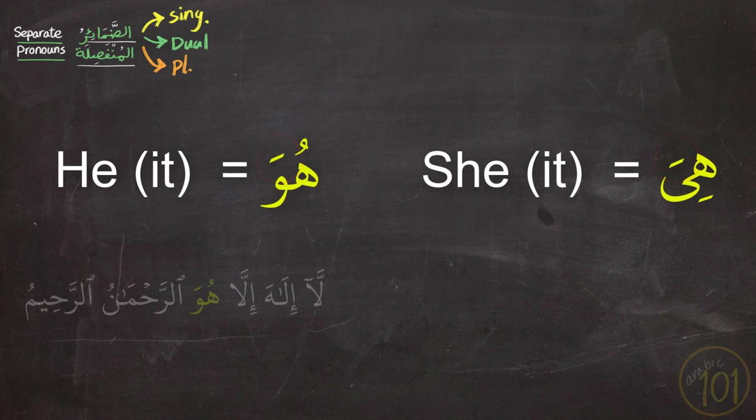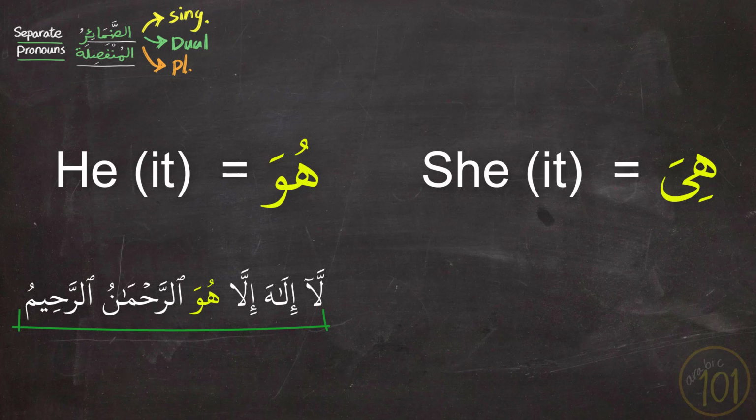So you should say La ilaha illa hu. And if you keep on reading, you will pronounce the fatha normally, and you would say لا إله إلا هو